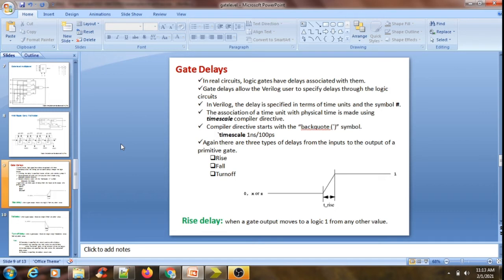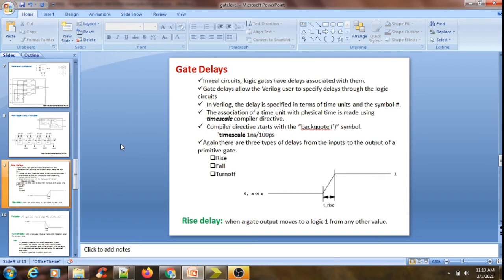If you are passing from input to output, definitely you are going to consume a certain amount of time to reach the output. In the ideal case, as soon as you enter into the house, you will be exiting from the house at the same time. That is the ideal case. But in the practical case, a certain time is generally taken to receive the output. So I can say each and every logical gate has a certain delay to produce the output.